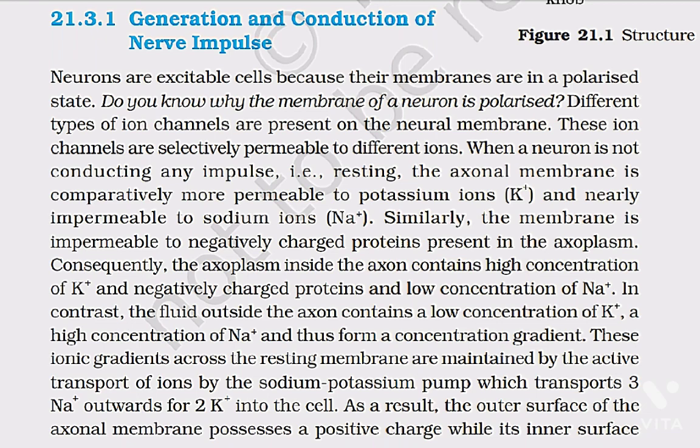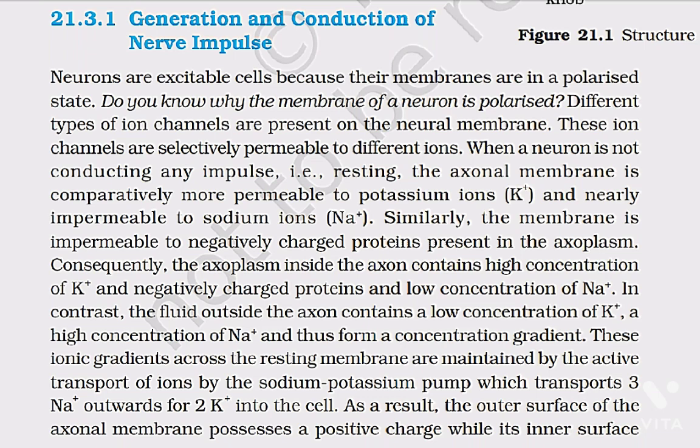When a neuron is not conducting any impulse, that is, resting, the axonal membrane is comparatively more permeable to potassium ions, K+, and nearly impermeable to sodium ions, Na+. Similarly, the membrane is impermeable to negatively charged proteins present in the axoplasm. Consequently, the axoplasm inside the axon contains a high concentration of K+ and negatively charged proteins and a low concentration of Na+. In contrast, the fluid outside the axon contains a low concentration of K+, a high concentration of Na+, and thus